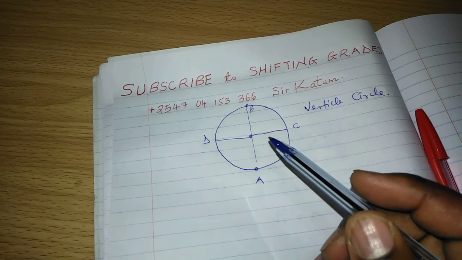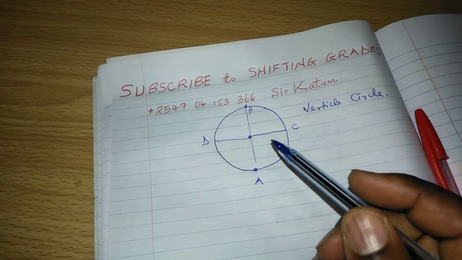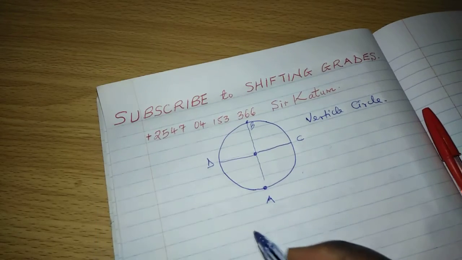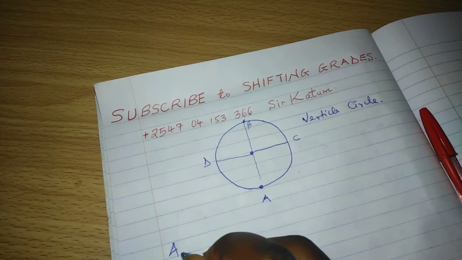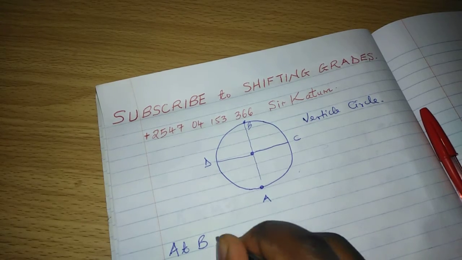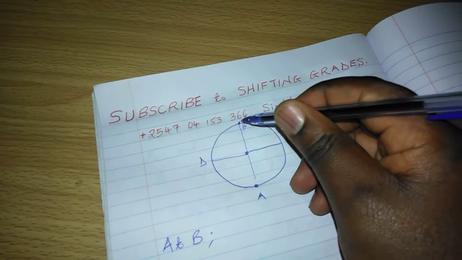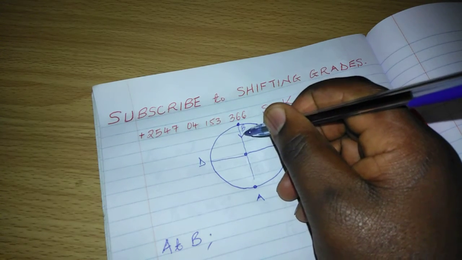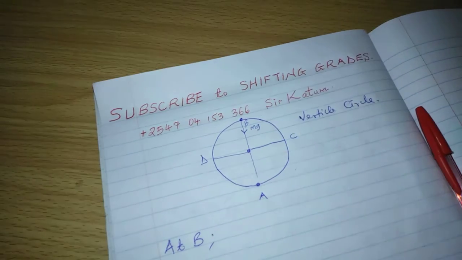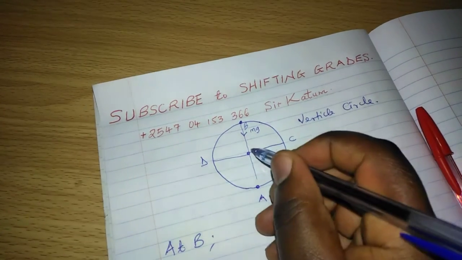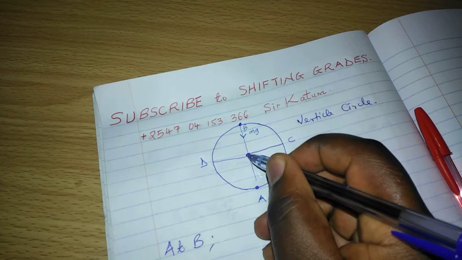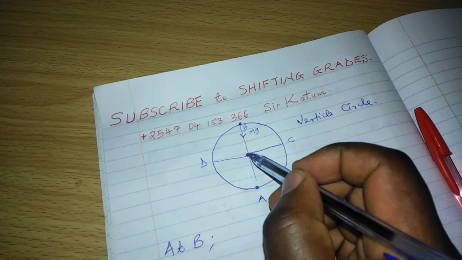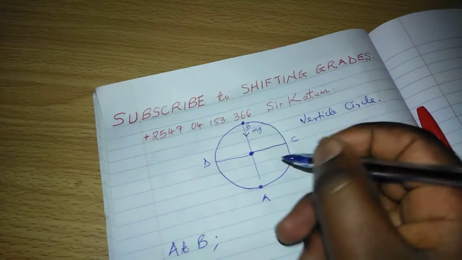So I want us to compare the weight of the body and tension and centripetal force at those different positions. And we can start with point B. At B, when the body is at B on this path, the weight of the body, as usual, the weight, which is mg, is going downwards. And also because this is the center of the circle and the string is held here, the string on which the body has been attached is held at the center,